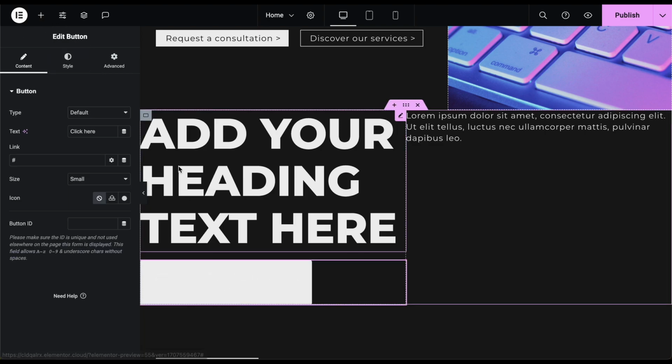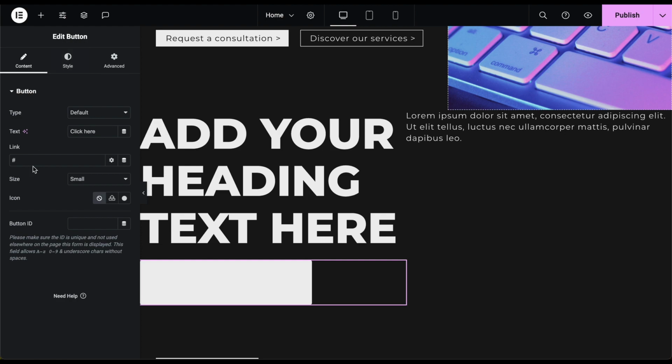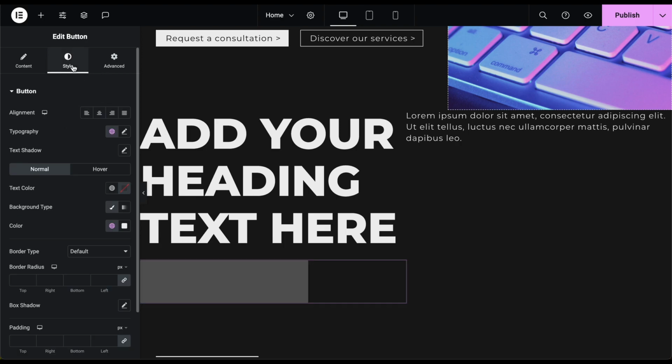And now we can just change up this. So first thing is the links with the button. Again, this will lead to your actual website links or your menu, so we can change this once we know exactly what the link would be. But for example, it would be like www.websitename.com/whatever you want it to link to, right? So you can say like services or whatever your URL is that you want this to go to, that's where you would have it. Set size small, we can do extra small, and then we can go here, we can change